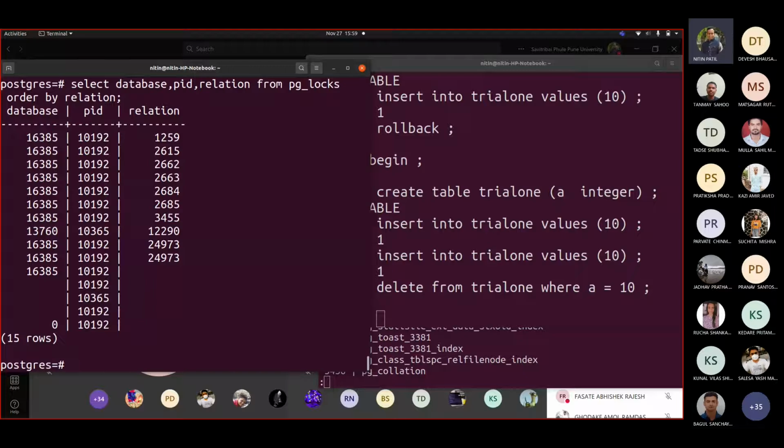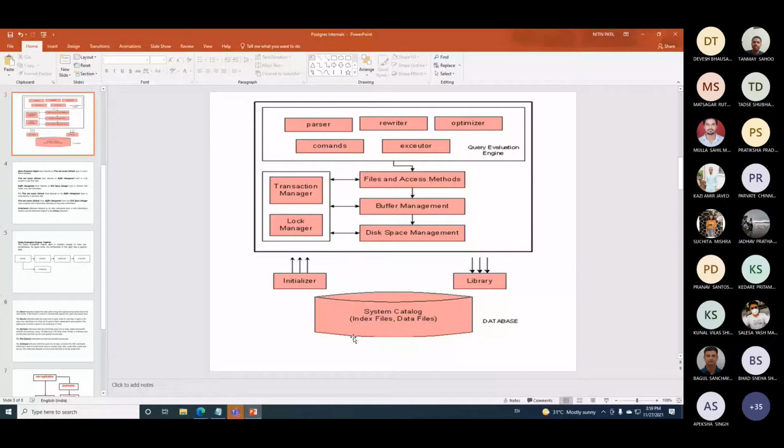Correct. So now see how the communication happens between the OS, the database system and the Postgres server process, I mean your storage manager, which is shown in the diagram. See the diagram.